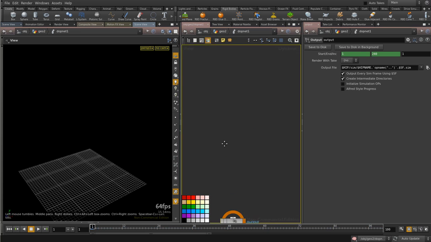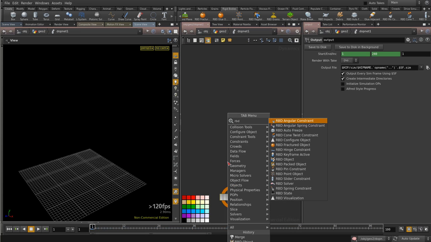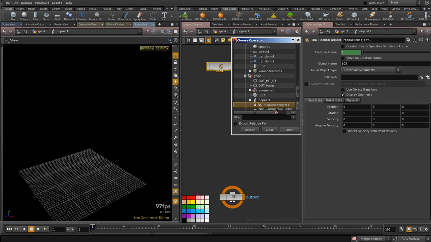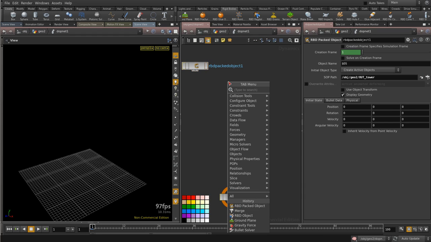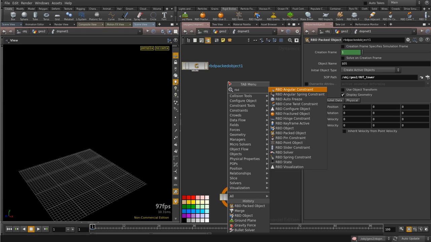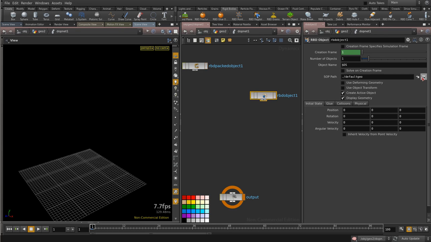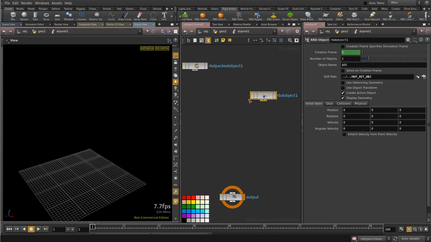Inside dot network, create RBD packed object and assign my tower, my RBD object, and assign my ball, the merge node,